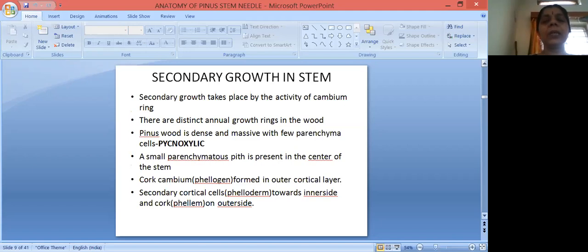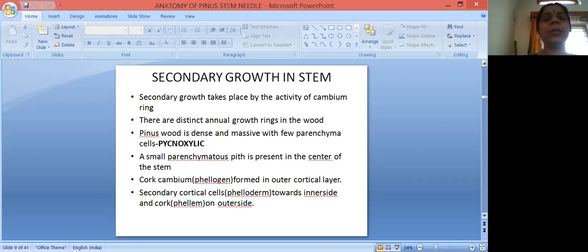Now coming to the secondary growth in Pinus stem. Secondary growth means additional formation of each and every part of the internal structure. So the epidermis is additionally developed, the cortex is also additionally developed, and in the stele as well. The secondary growth takes place in the stele from the center to the outer side. The regeneration of the structures is involved in that. Due to that, pressure develops from the center to the outer side of the stem.